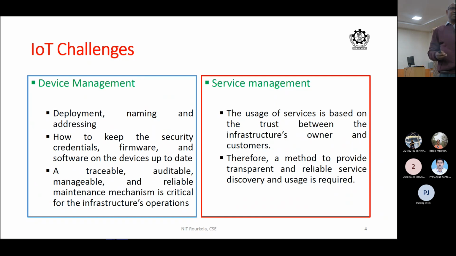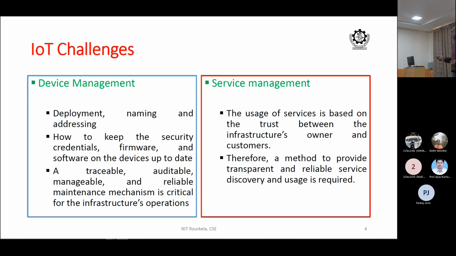Now, if you are changing the address, let's say you were using IPv4 for each of the devices, and you need to migrate to IPv6. Then how do you migrate? So you need a tool. There must be automatic hardware and software available to move from one addressing or naming scheme to another. So again, there is another issue.